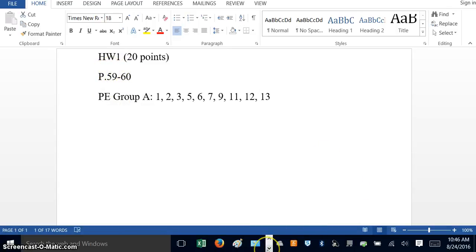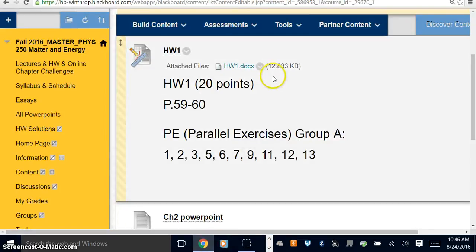All right, so let's get back to this. Like I said, you don't have to do this in Word at all. You could, because I provide this. If there are math problems, a lot of people like to do that by hand, and that's perfectly okay. Let me show you how you turn it in,